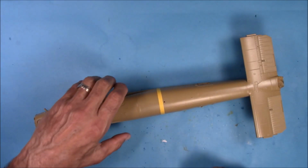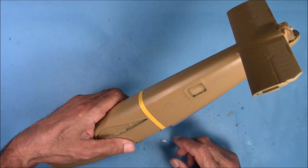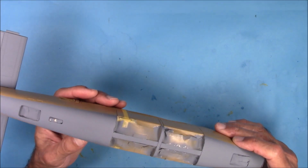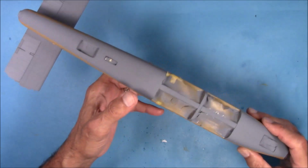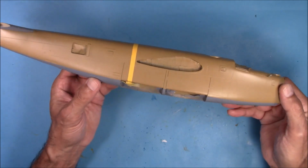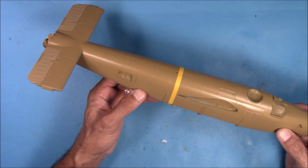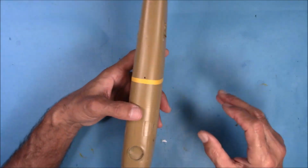I've got all the tape removed on the underside, and it came out pretty good. Nice sharp demarcation lines between the colors. There's the other side. Came out good. So now, next step is to go ahead and gloss it, put the decals on, and then